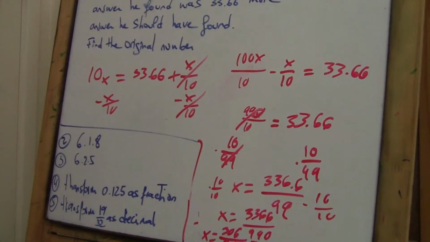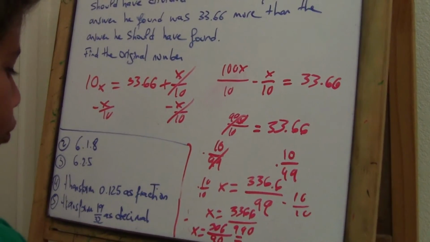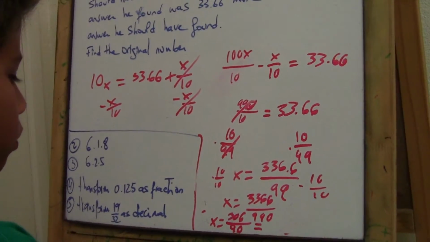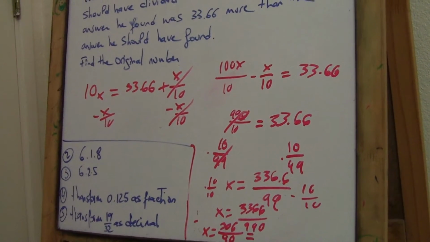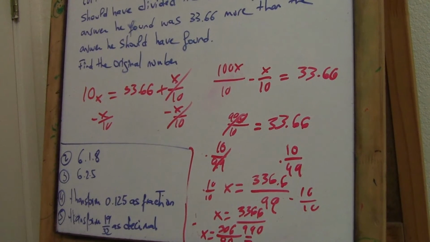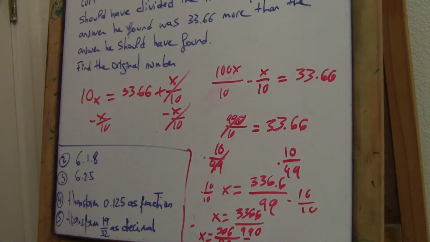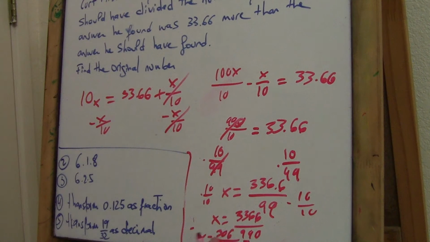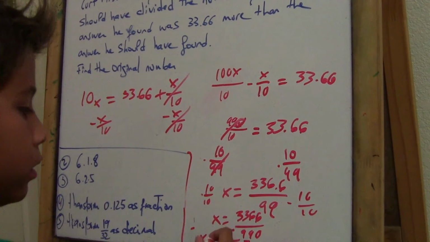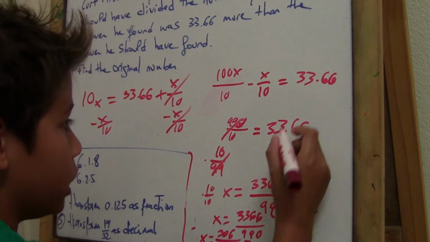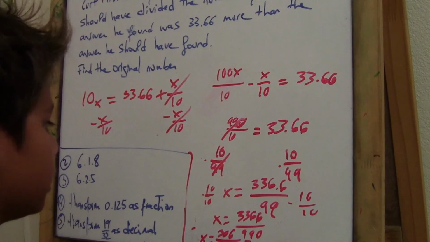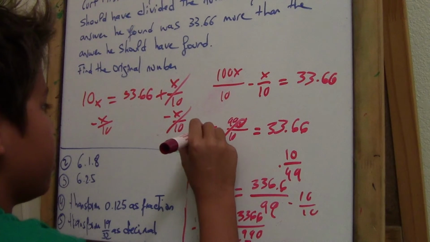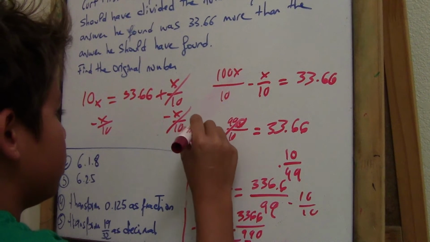Then, since we can use our technique, we can divide it by 9. So 306 divided by 9 is